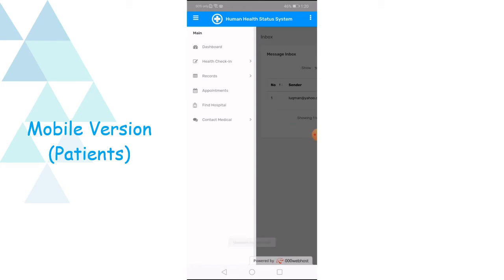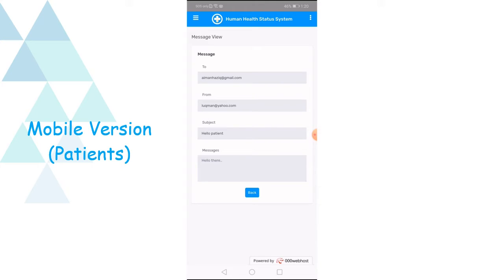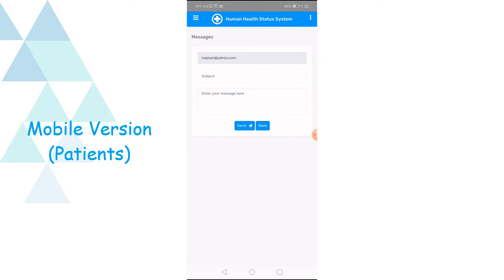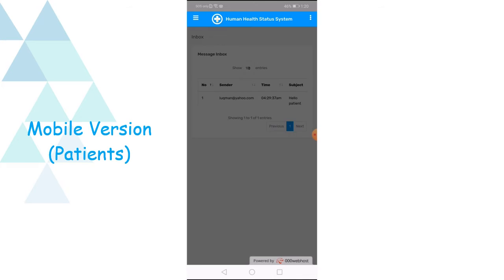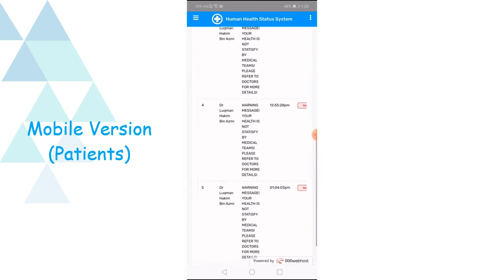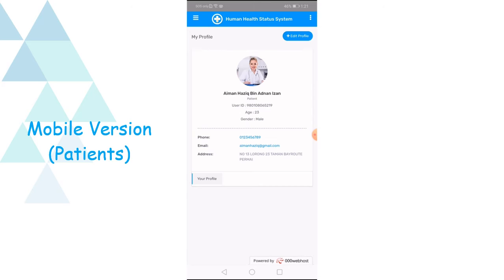And then here's an inbox for you, where you have replies and everything. You can check who replied. Then you can go to the notifications, where you can check all the notifications that you still have not responded to. And lastly, here's the profile